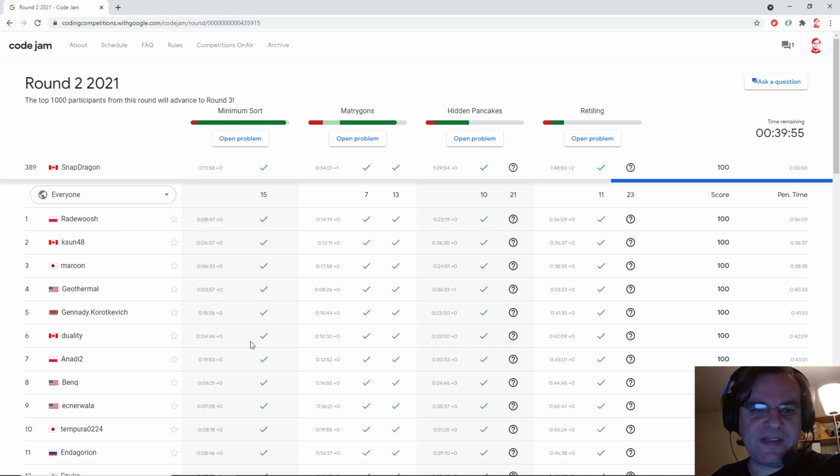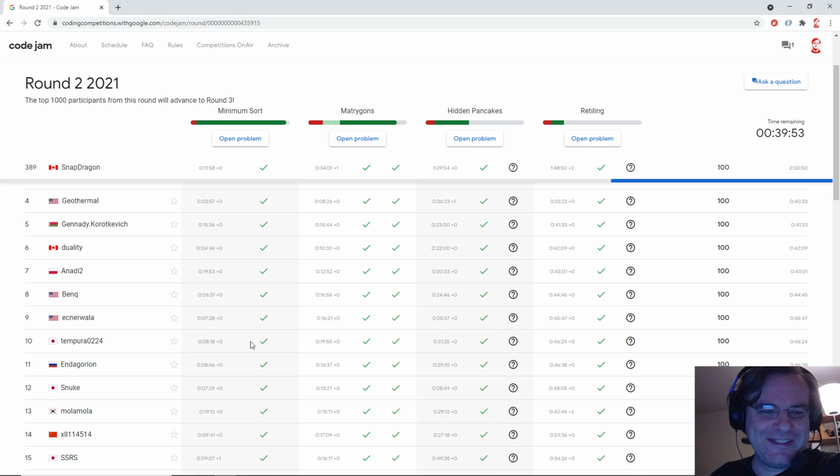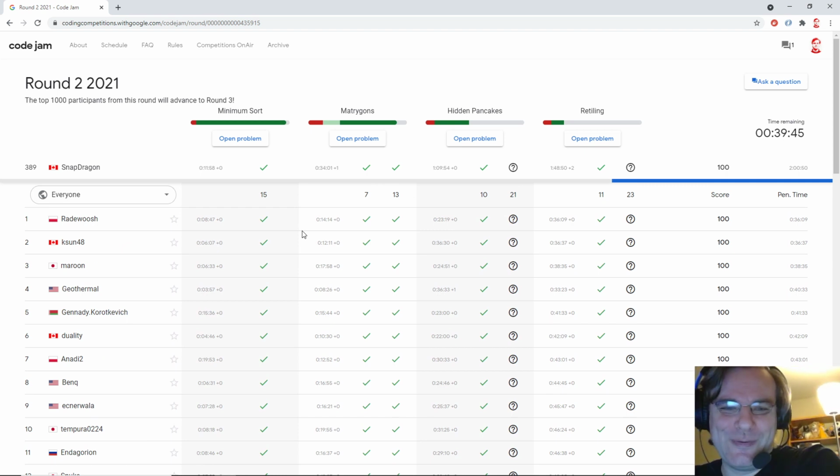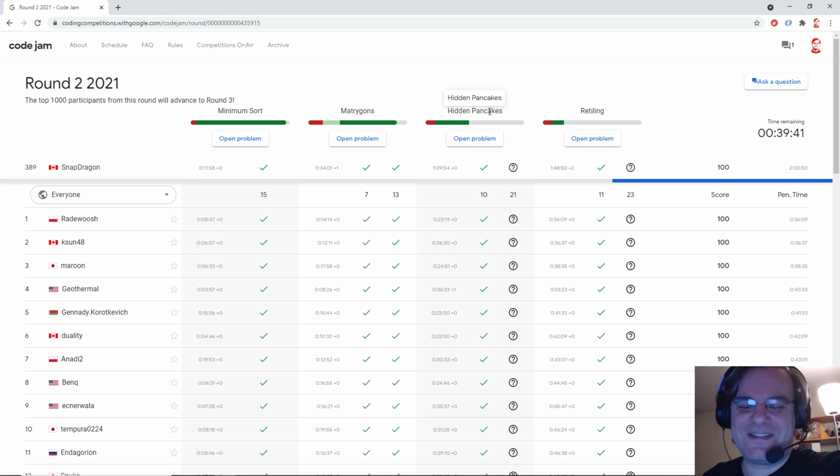I am really impressed at how fast some of these people are. This was an easy contest, and these people just flew through it. I mean, I had to think a little on Matrygons, and I had to think a fair bit on hidden pancakes, and they did not do any thinking.